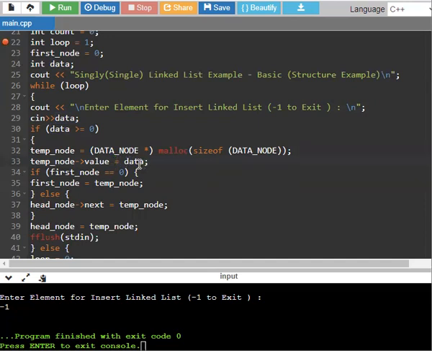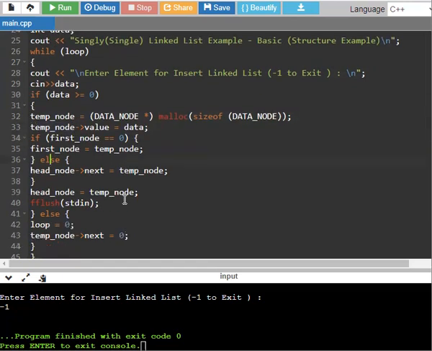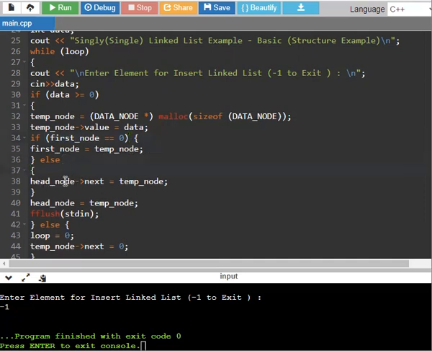So automatically whatever value the user types, that value is stored into the temp node. Then the condition is checked whether the first node equals 0. So the temp node is transferred to the first node and it can be freed. So the head node's next equals temp node.